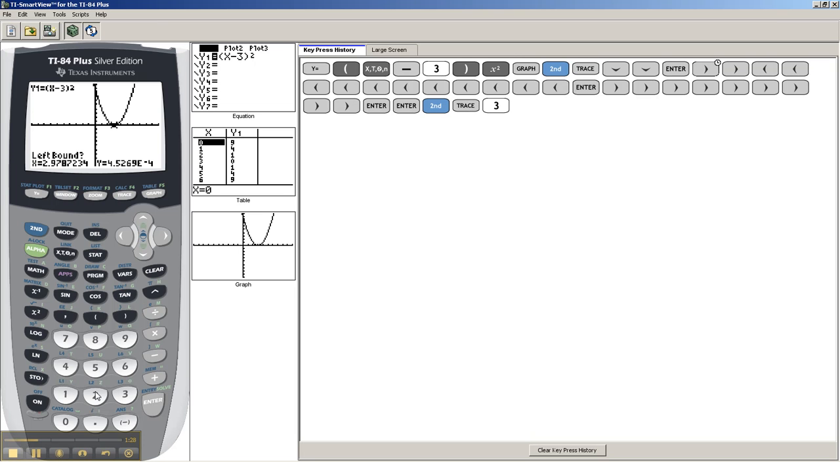As for left bound, because you can tell it's going to be 3, let's just say left bound 2, right bound 4, and let's guess 3, and it comes out perfectly, right? Okay, so